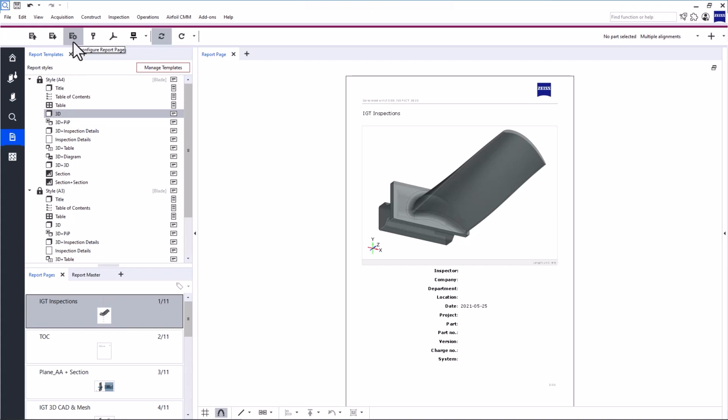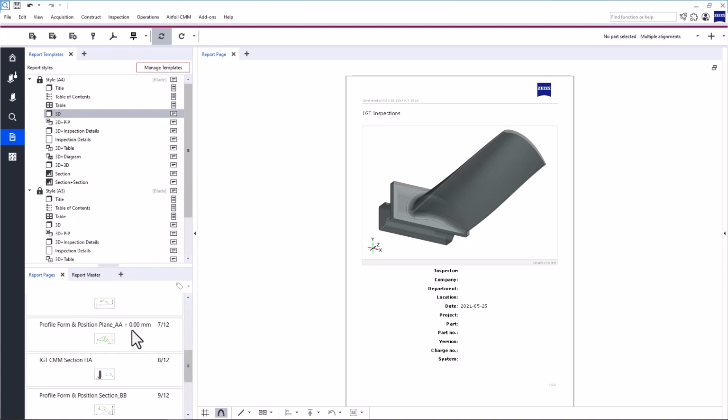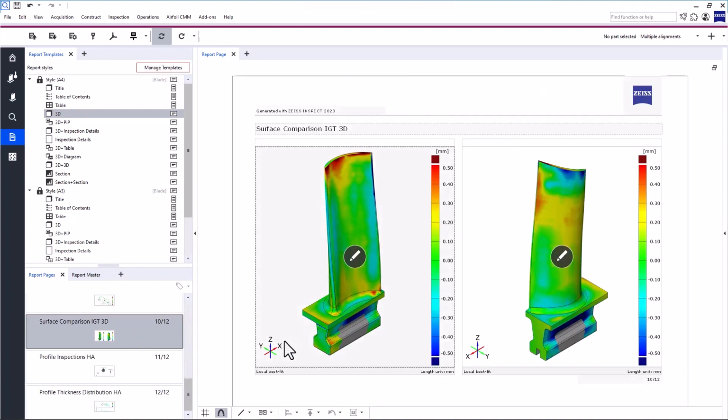Reconfigure Report Page allows you to change the parameters of the report page without restoring or overwriting it. For example, you can update the alignment and legend to reflect the ones active in the current 3D view. This report page is based on a local best fit alignment with a legend scaling of 0.5 mm.